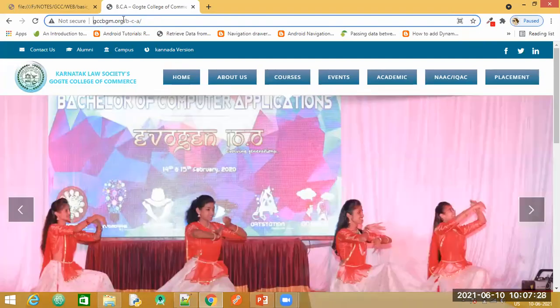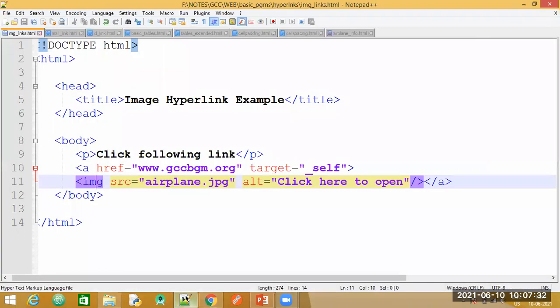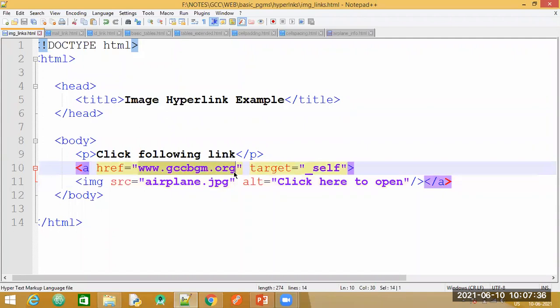We shall copy this and paste it here. Now let us see if we are able to access the website.